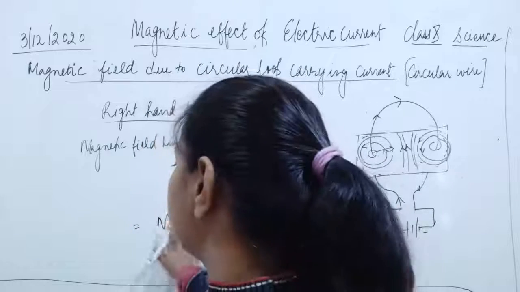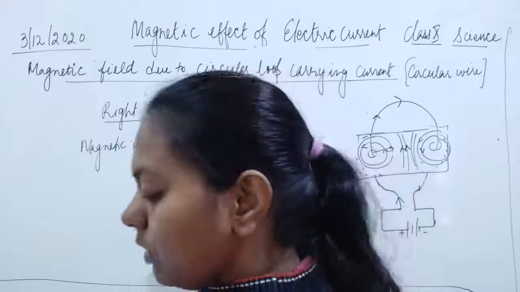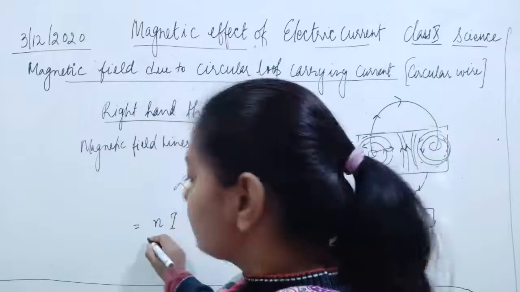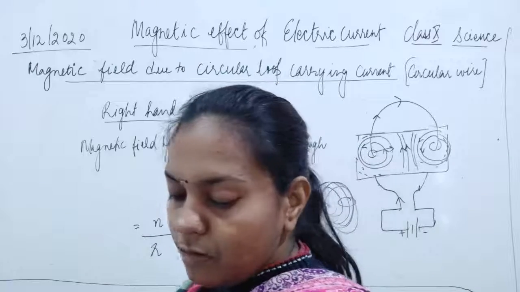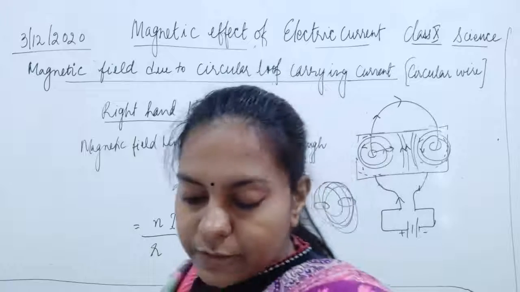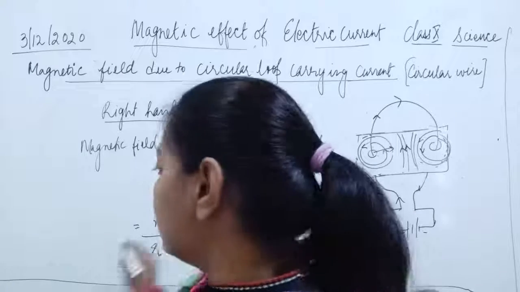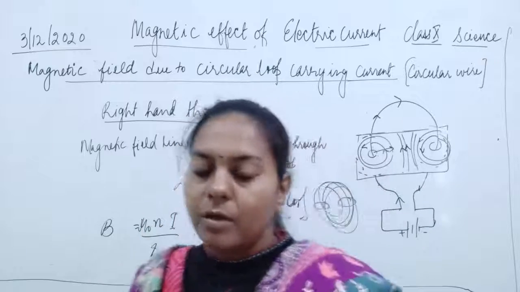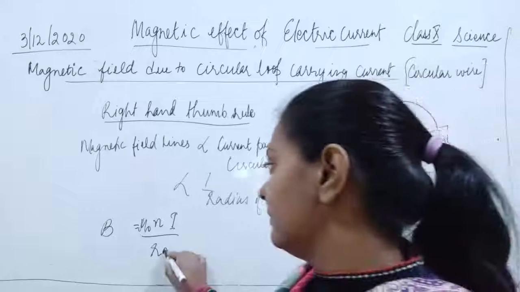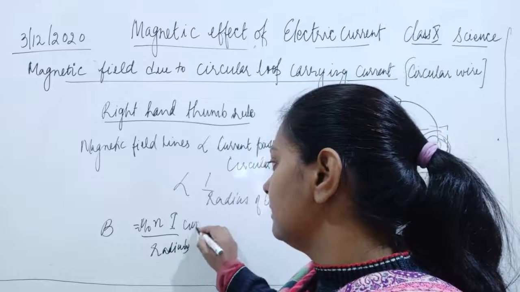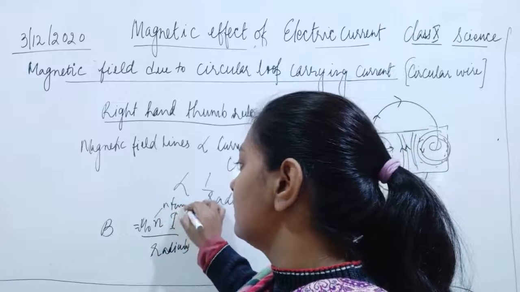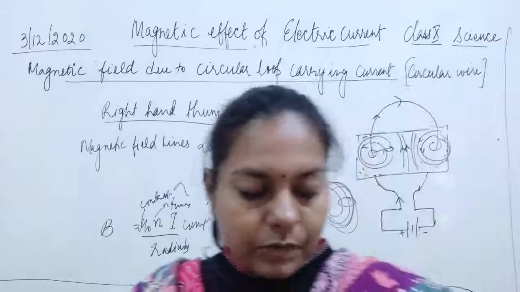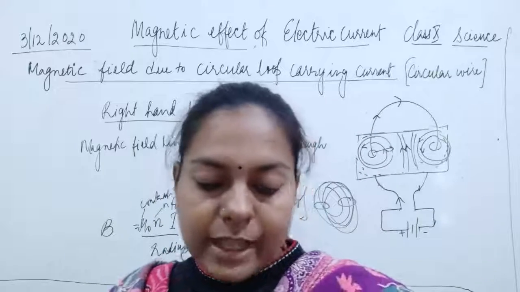ठीक है, और यहाँ पे small n दिया तो we'll use small I for current. Okay, but inversely proportional to the radius of the loop. Okay, the strength of the magnetic field is increased by increasing the number of turns, क्योंकि ये तो directly proportional है, mu naught n I upon r, radius है, ठीक है. This is current, this is n number of turns, this is constant. Okay, this constant is permeability constant of the vacuum. It is very similar to the air. Its value is also fixed.